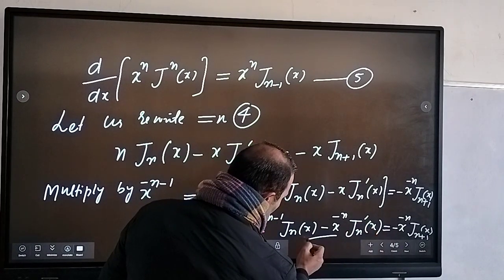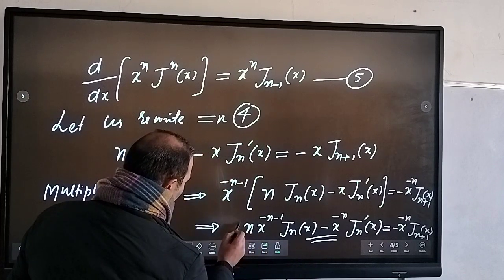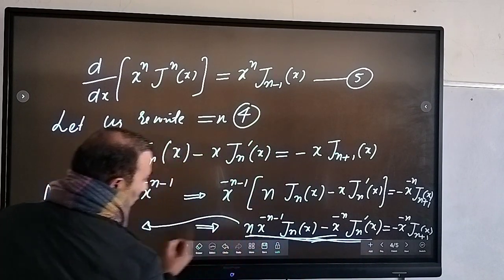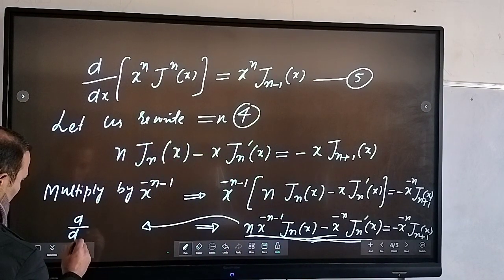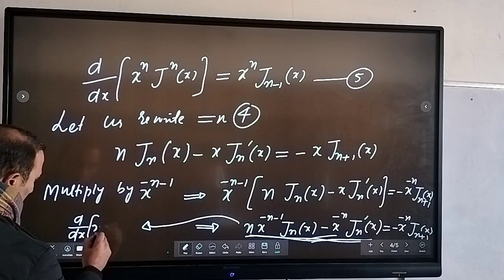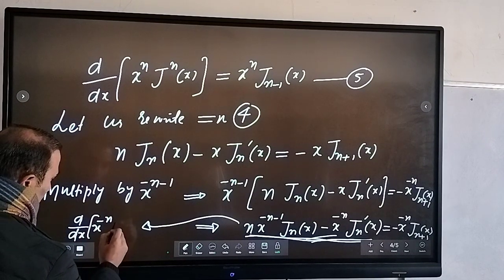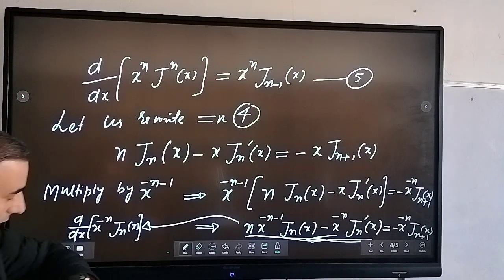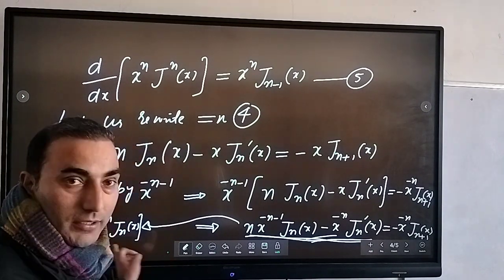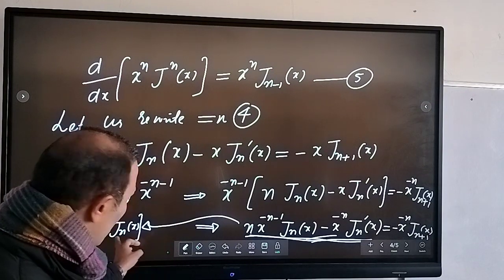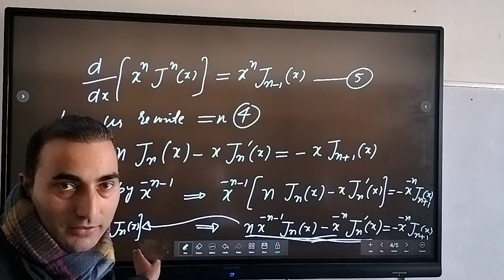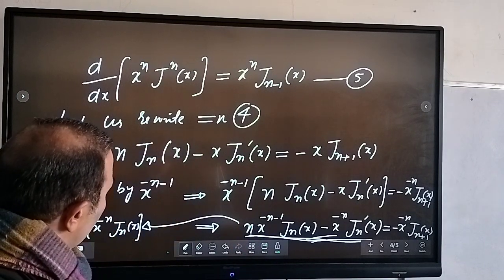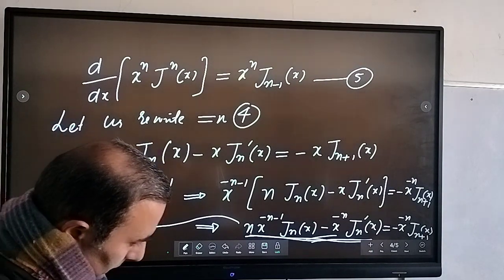So if we look at this term, I can write this whole term, right? So I can write it as d by dx of x raised to the power minus n J_n of x. Okay, I can write it, because if you evaluate this differential, d by dx of x raised to the power minus n, so take that x raised to the power minus n first part, differentiate this, it will be minus n, or you can write this as, so what I did here,